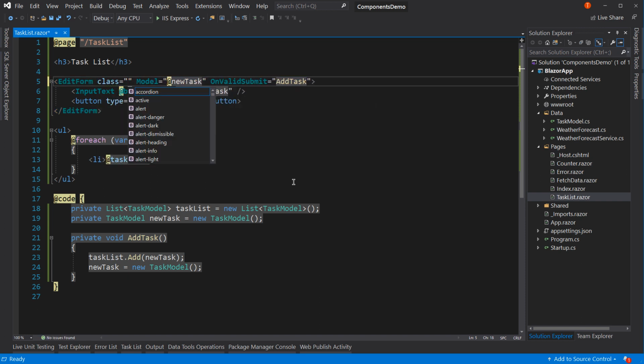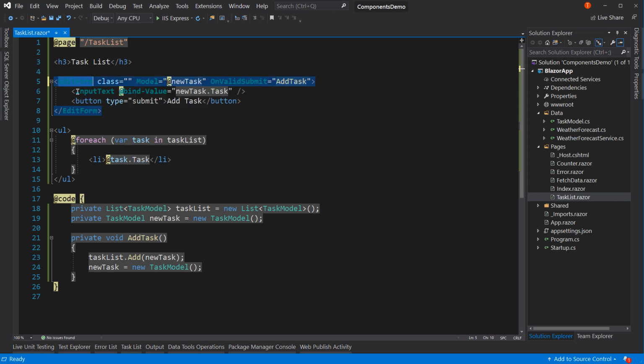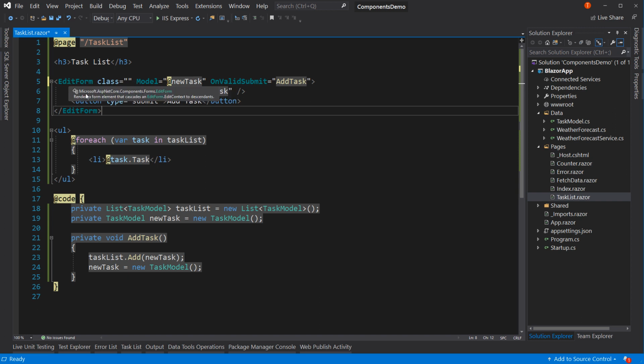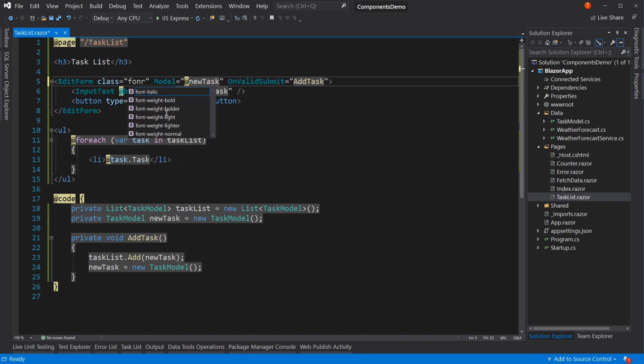We're going to say class equals. Now, edit form is specific to Blazor, and it is going to get translated into a form tag. So anything you put in this that's not used by Blazor, so model is being used by Blazor, and so is onValidSubmit, as is onSubmit and onInvalidSubmit. But if it's not being evaluated by Blazor, it's just going to drop that down onto the actual form tag. So, for example, class is not being evaluated by Blazor, but that we drop down onto the form tag. So we can do things like this, where we say form inline, and